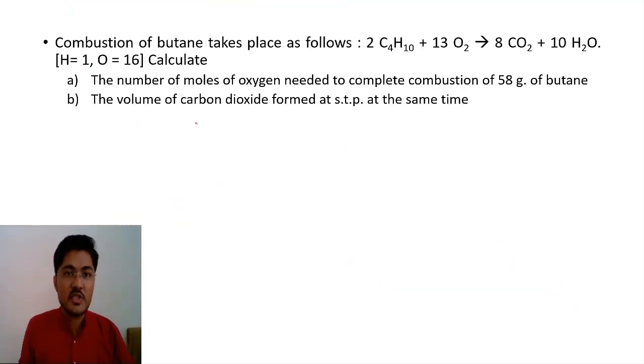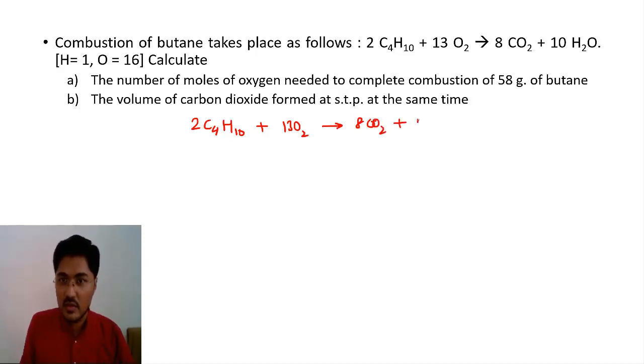Combustion of butane takes place as follows, that is 2C4H10 plus 13O2 will give you 8CO2 plus 10H2O. Calculate the number of moles of oxygen needed to completely combust 58 grams of butane. Now first of all, let's see. Now as per the Gay-Lussac's law, we get